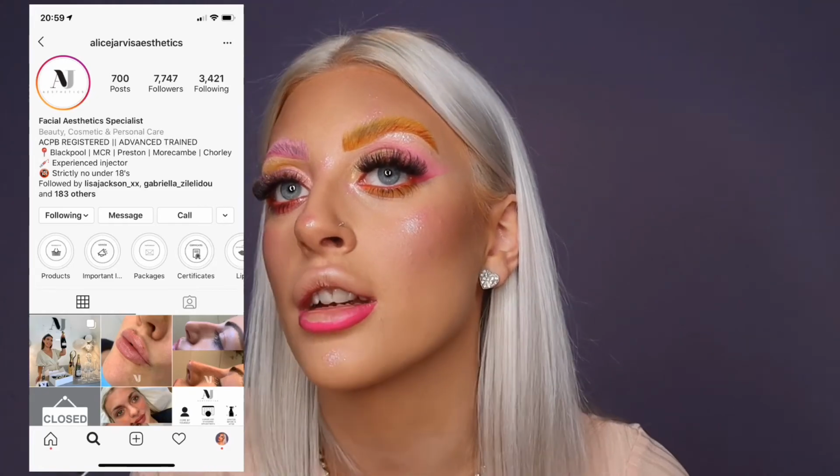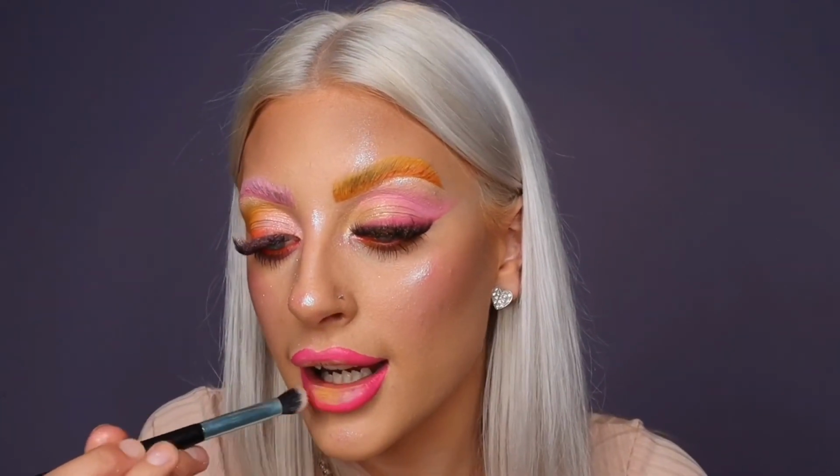Shout out to AJ Aesthetics. So I've lined them with pink, and then I'm just going to go in with the yellow base from P. Louise into the middle. I'm using a fluffier brush for this bit because I need to blend them together,